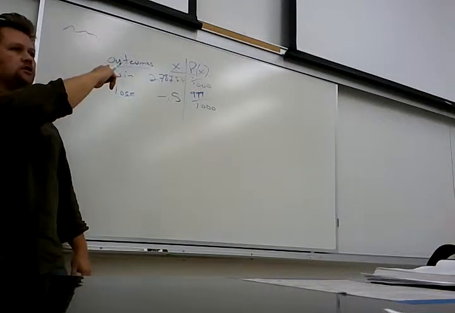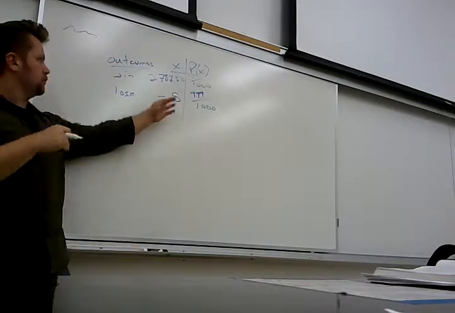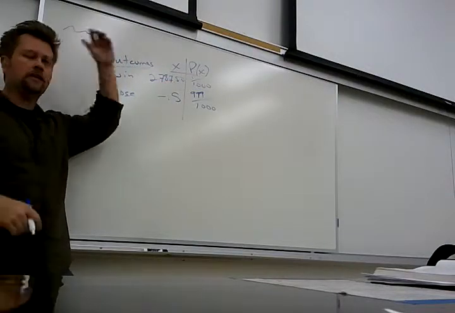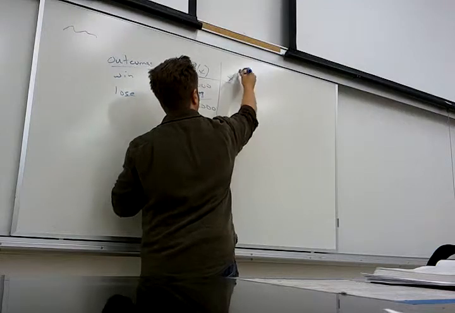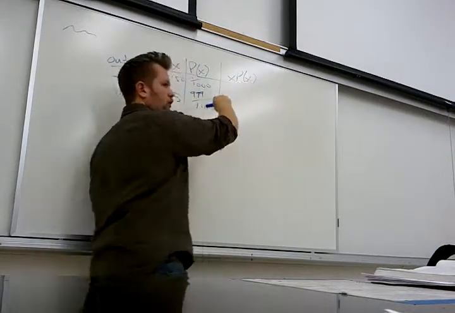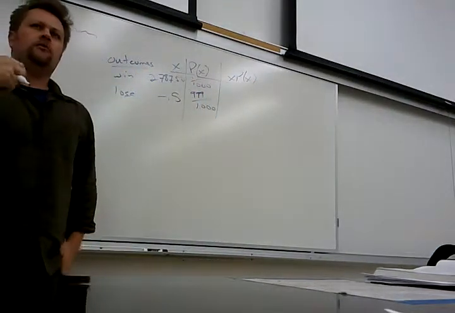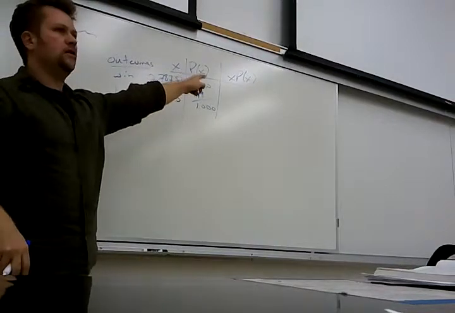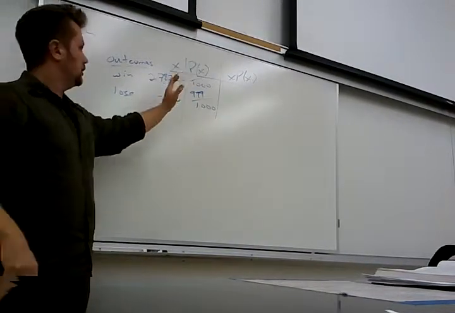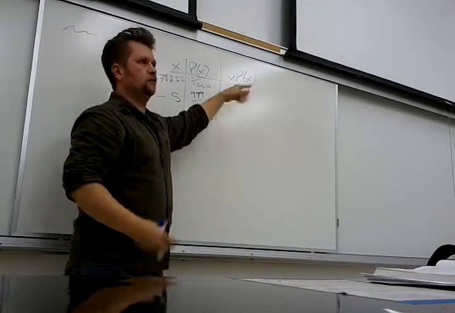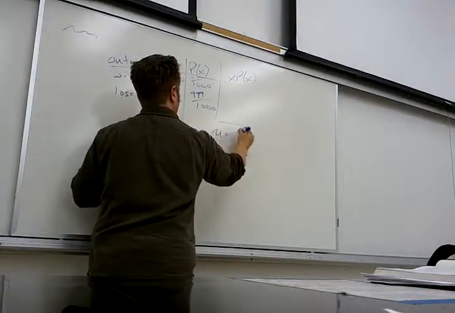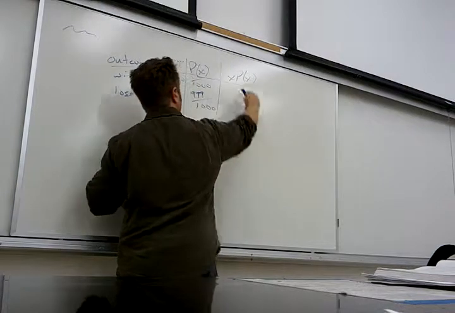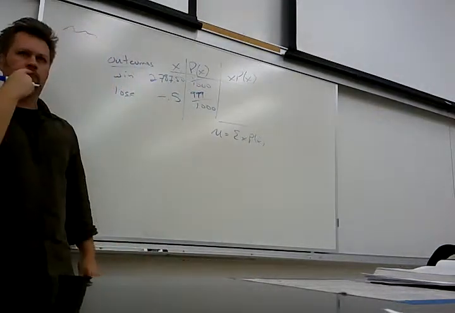Now it's really just an x times P of x problem. I know the numbers are a little funkier. You can make these into decimals if you wanted to, but you just multiply across, right? Because the formula for the average, the formula for the expected value is the sum of x times P of x. So I need to have x times P of x's before I can add them up, right? So the mean will be the sum of these guys. I can't add them until I make them.